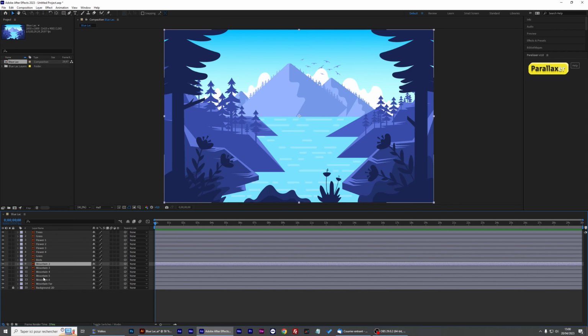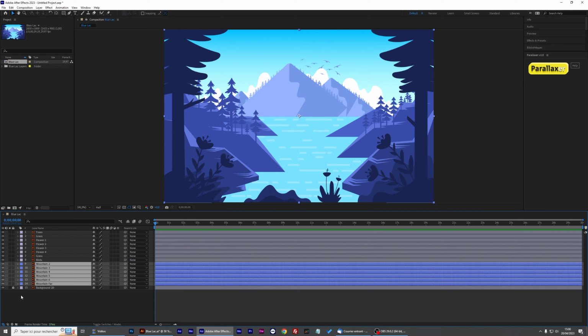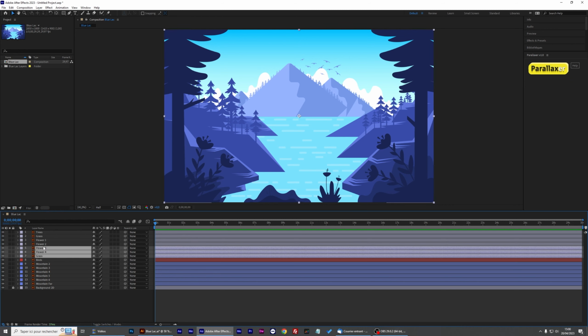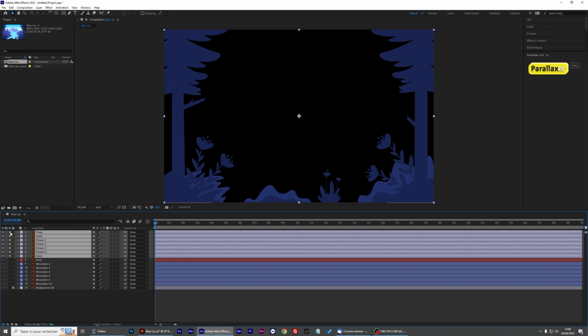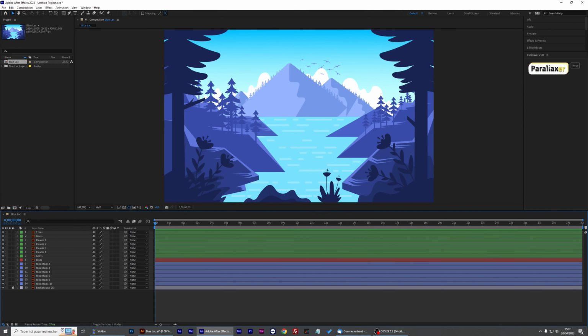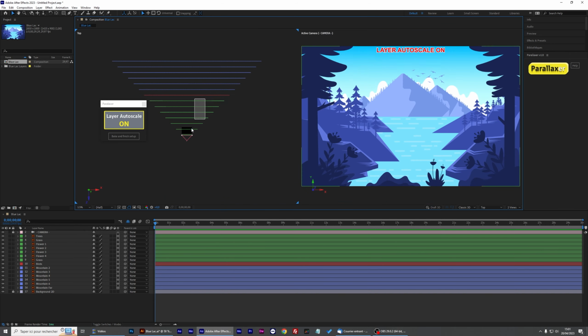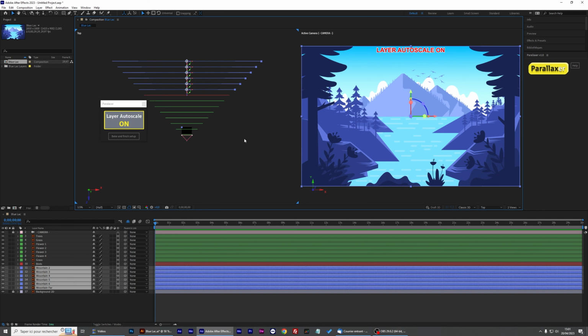I'm going to put some colors here. My mountains in blue. My birds are going to be in, let's say, red. And my grass, flowers, and trees, all these layers in the foreground, are going to be green. Let's launch Parallaxer. On a large scene, exterior, okay, I can see all my layers in the foreground in green, my birds, and my mountains.